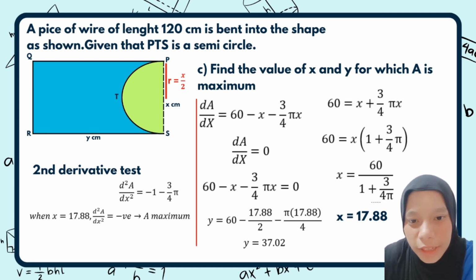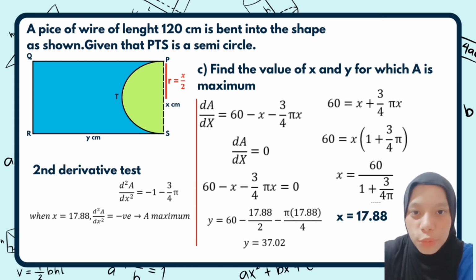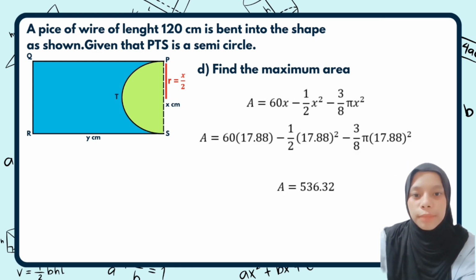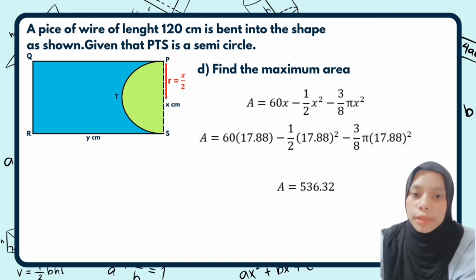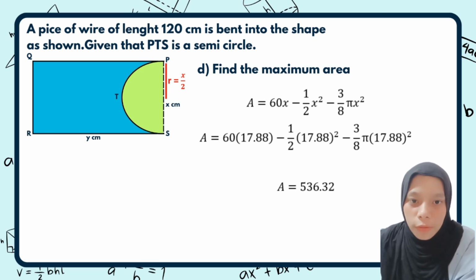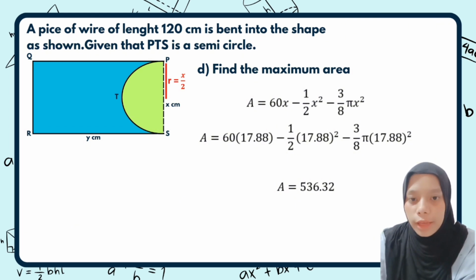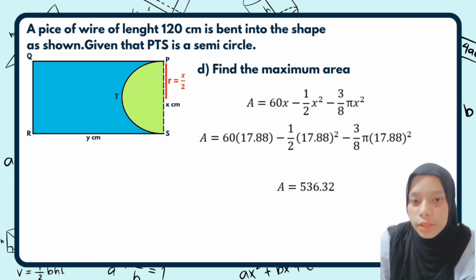The second derivative is negative, which means that A is a maximum. Let's proceed to find the maximum area. The equation for area is 8.216x minus 1 over 2x squared minus 3 over 8 by x squared. So we need to substitute the value of x into the equation with 17.80. And after that, we get the maximum area, which is